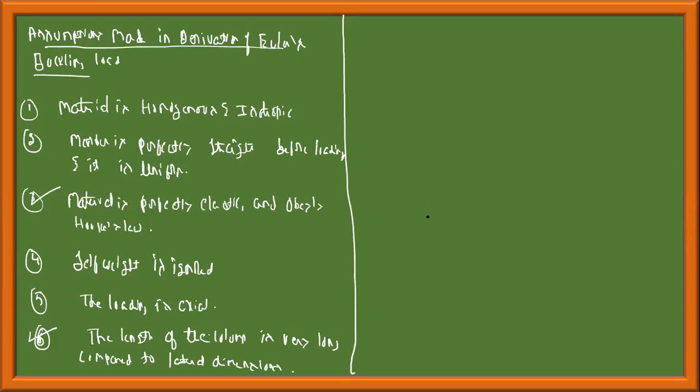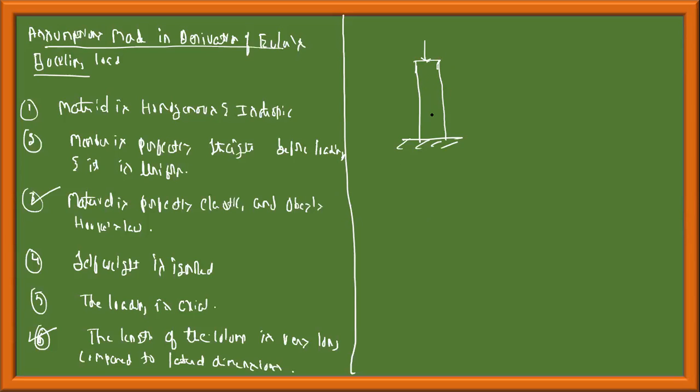Whereas if I take a short column, it will get bulged. An intermediate column, like me, may both bulge and buckle. I may fail by buckling, and I may also crush. When do you say this is a bar and when a column? There is something called the slenderness ratio, which we'll discuss later. For the time being, assume that if the slenderness ratio is low, this is a short column.